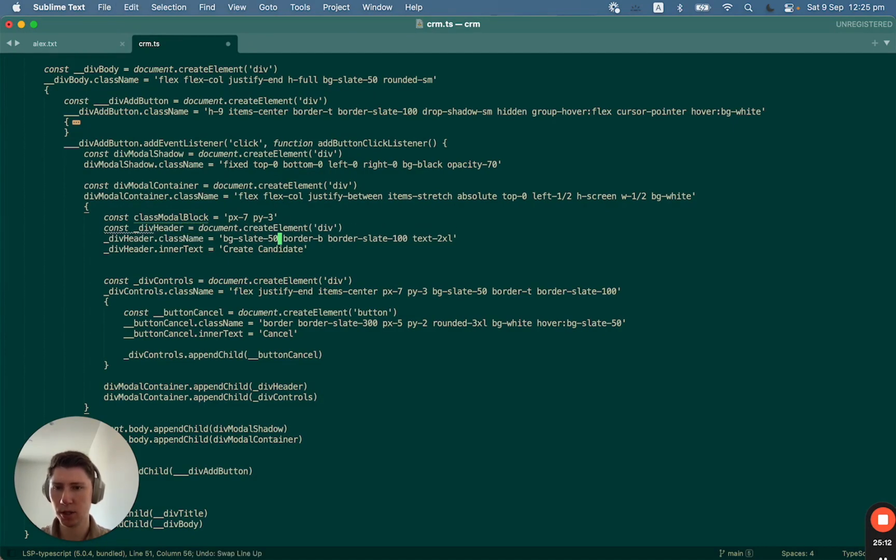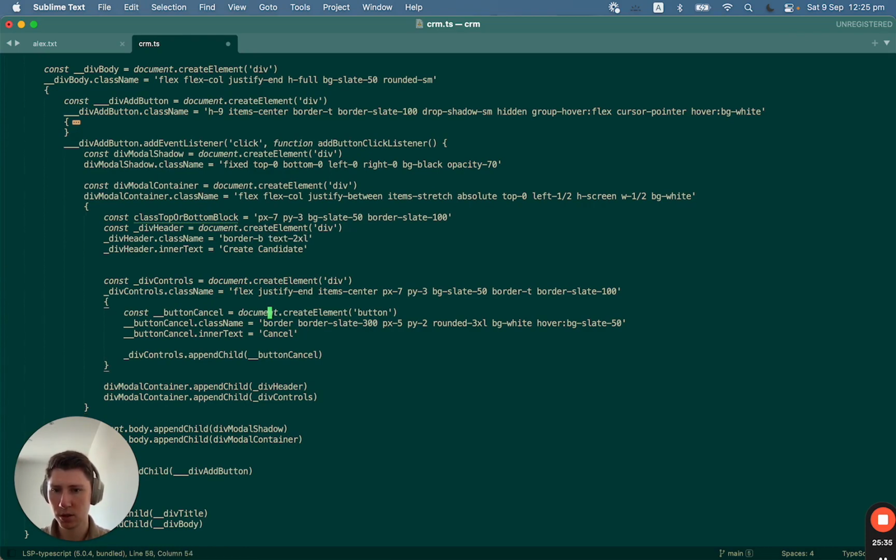Let's do class top or bottom block, right? And it will have background and border color, like that,